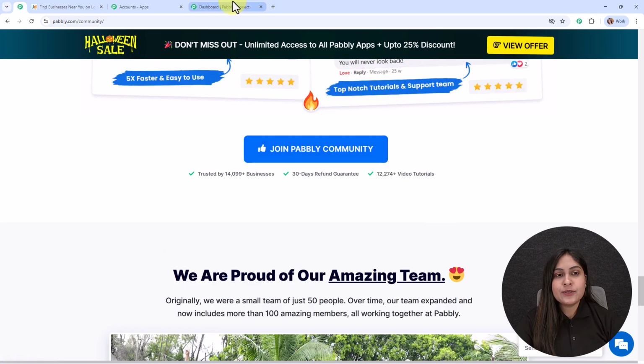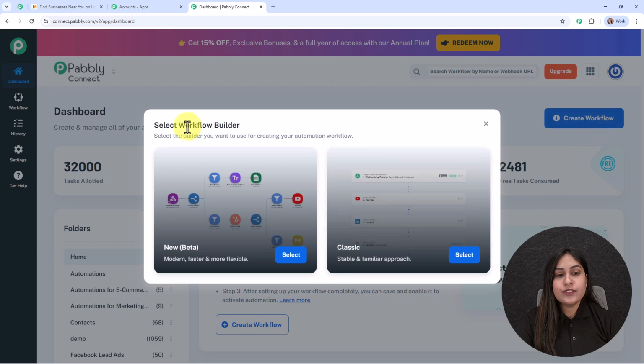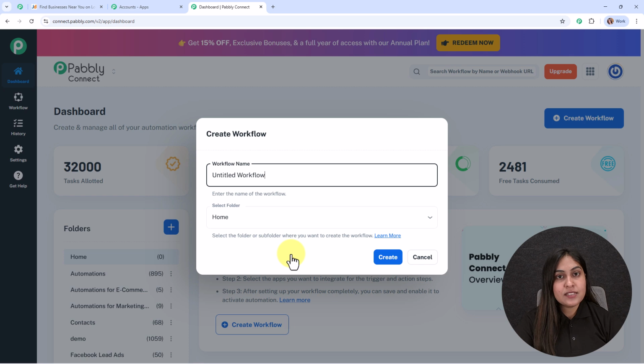Alright, let's move back to the dashboard, and here to build a new connection, I need to create a workflow first. So for that, I'm going to click on this create workflow button. Then here for the workflow builder, you can see two options. One is new beta and the other one is classic. So the beta version is modern, faster and more flexible, whereas the classic one is the stable and familiar approach. So in this video, we're going to use this beta version by clicking on the select button,